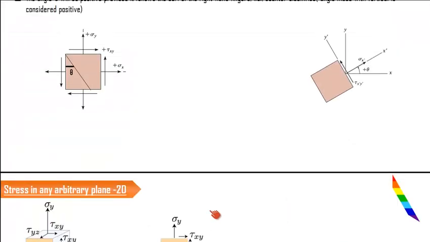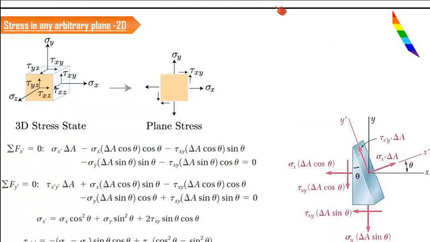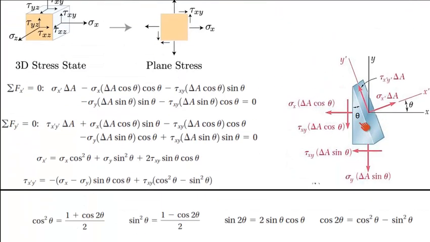Like I explained, I am going to find out the stress in a particular plane. So let us consider an element like this. And this is a plane that we are discussing about. And this plane has an area delta A. The thickness is very small, that is why we consider it as a small area delta A. And it makes an angle of theta with the vertical.